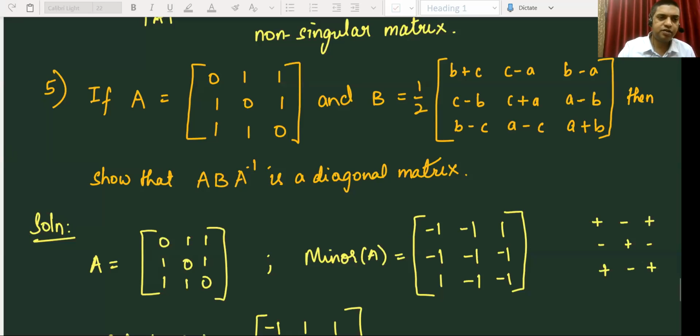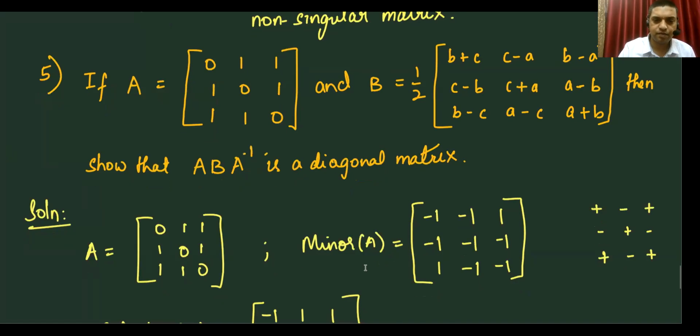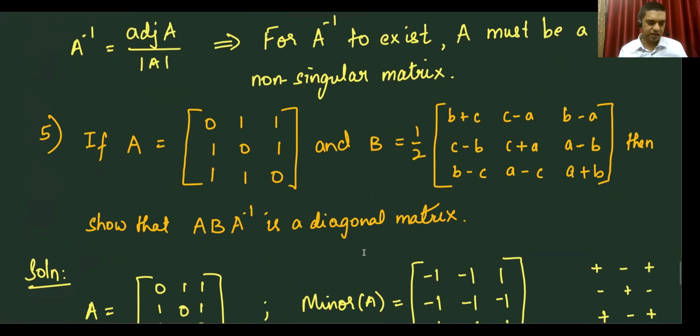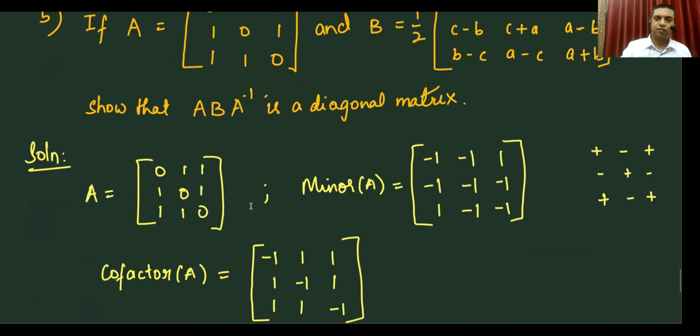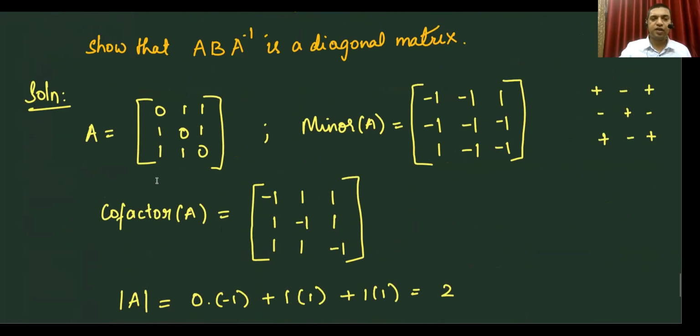So in the last class, we did this problem. If A is 0, 1, 1, 1, 0, 1, 1, 1, 0, and B is given by this matrix, show that AB into A inverse is a diagonal matrix. So first we found A inverse. A inverse is adjoint A by determinant of A. So first we found the matrix of minors, and then its cofactors,